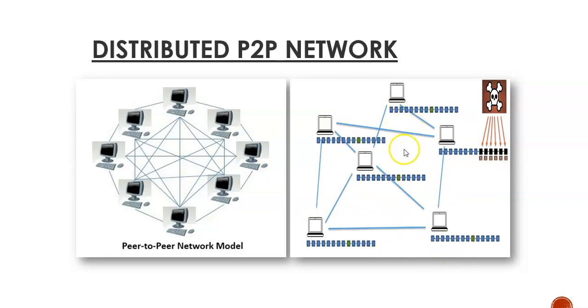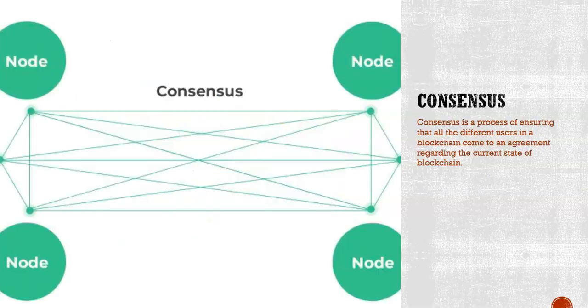When each and every node talks to each other, they'll come to know that all of their copies are the same and this copy is different. And hence they will come to a consensus that only these copies are valid, or the copy that they are owning is valid and the other one is not valid. This kind of decision will be taken among all the nodes through message passing. They pass messages among each other and come to a common agreement whether to accept a particular state or not. This is what is called a consensus.